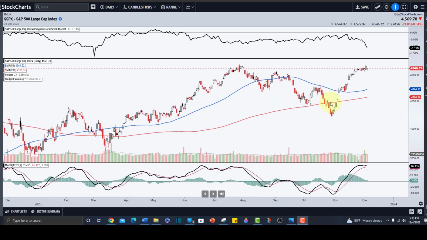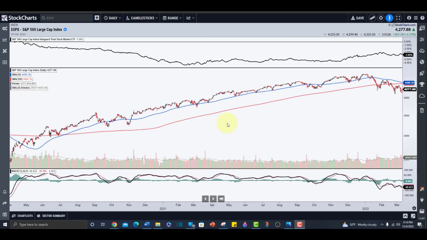And when it undercuts the 200-day like right here, this is when you really need to be cautious, when you need to not open up any long positions and think about going short. Now, of course there are times when you're going to get whipsawed when the market undercuts an average and then blasts off in the other direction. And that's just the cost of doing business. Let's look at 2 more examples.